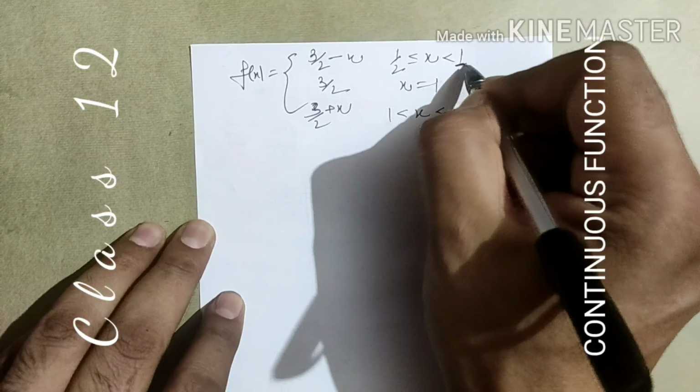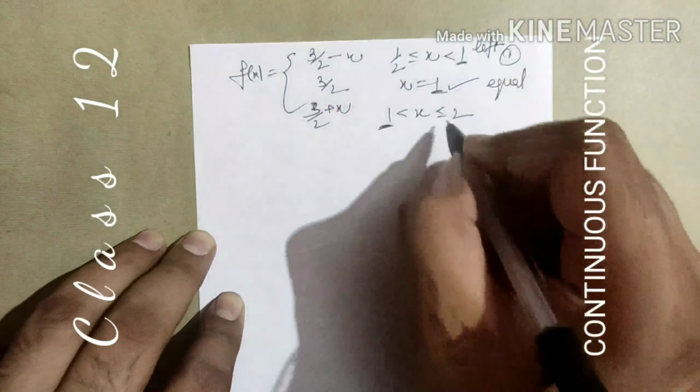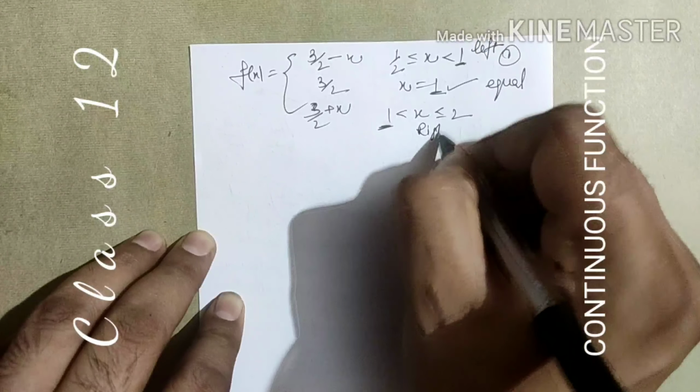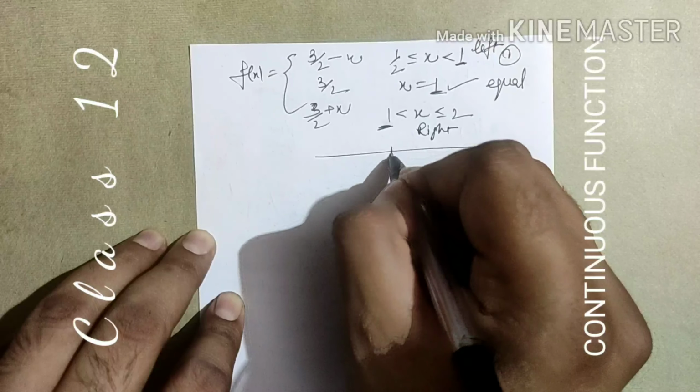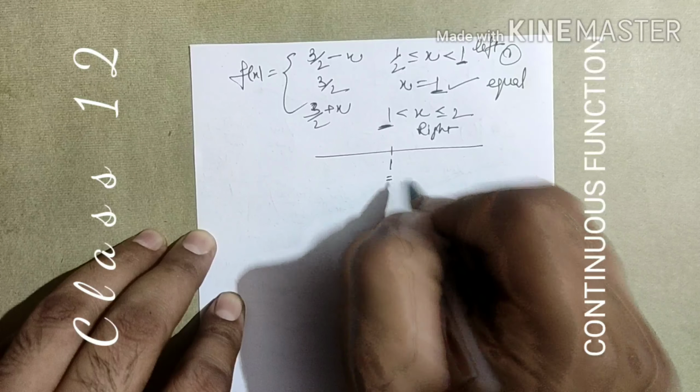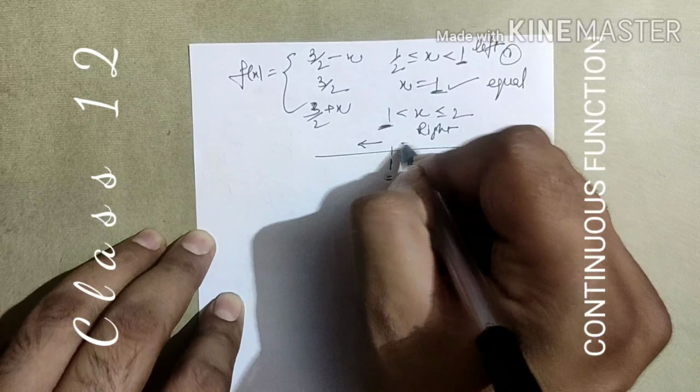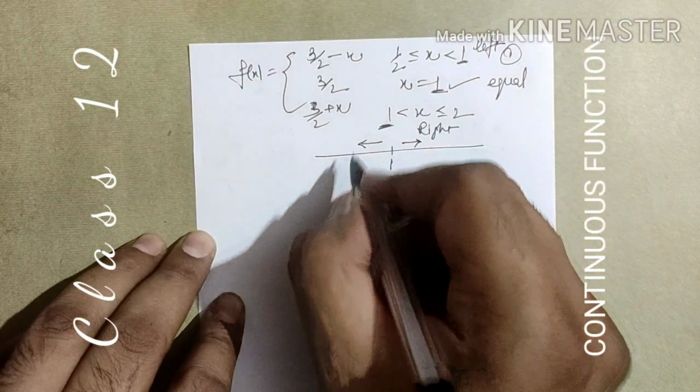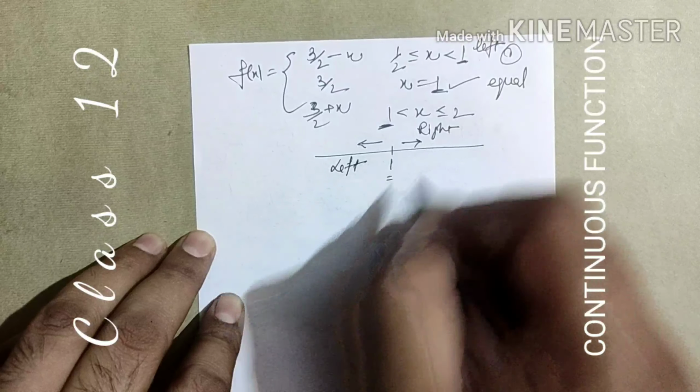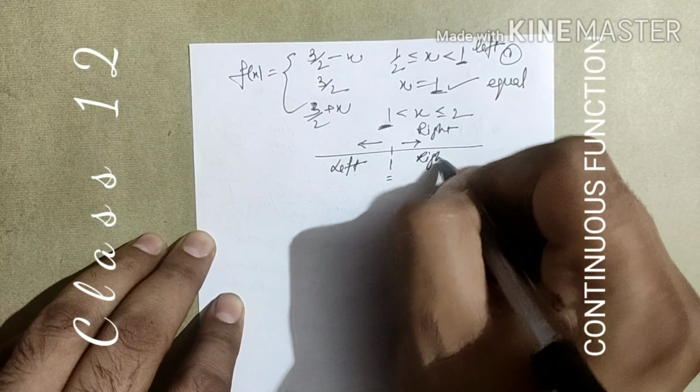It means only one case. If you see here, it is the equal part. This is the equal case. Less than 1 means it is the left part of it. More part means it is the right part of it. It means we have a limit 1 equality case. One is the left part, the other is the right part. In case of left, we say it as left limit. On the right part, we say it as right limit.